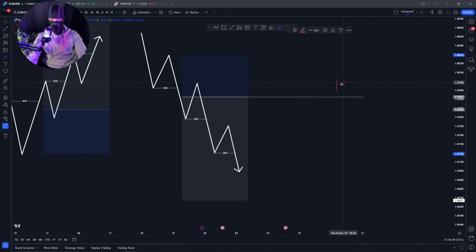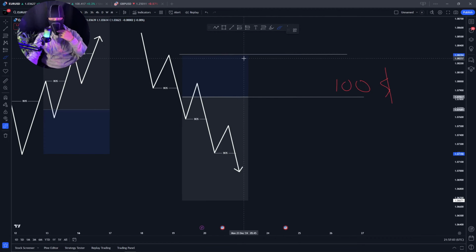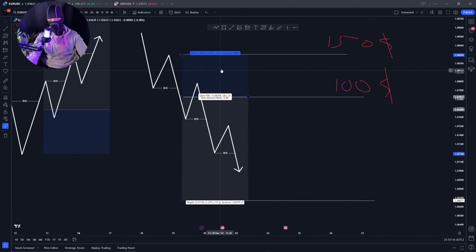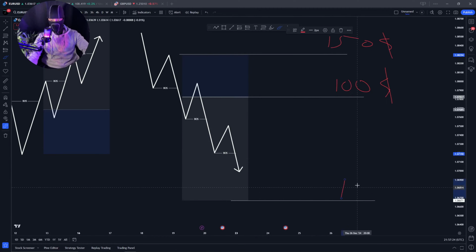However, let's just say this entry is worth $100. Now this blue box here is your stop loss. Obviously, yours might be red, green, purple, I don't know. But of course, because it's higher up on the chart, it's going to be worth, let's just say $150. Now this line here is something called your take profit. Whenever prices hit either your take profit, your entry, or your stop loss, it will automatically take you out of a trade. Now of course this is lower on the chart, so this is going to be, let's just say, £10.